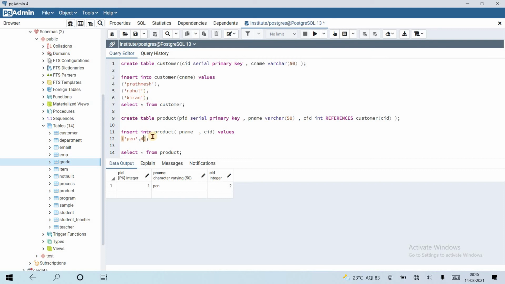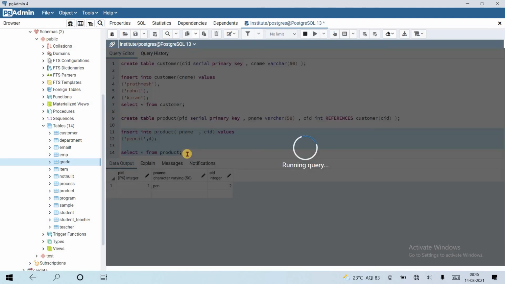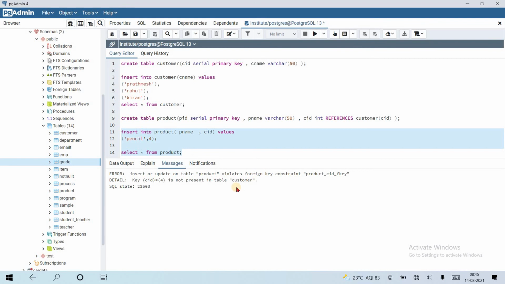If I insert 4 with pencil, it gives an error, because CID 4 is not present in the customer table. So it references the customer table and handles the error, and you have to enter valid data. That is why we use a foreign key: to reference or join two tables.